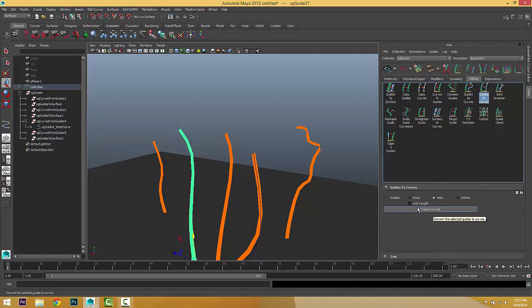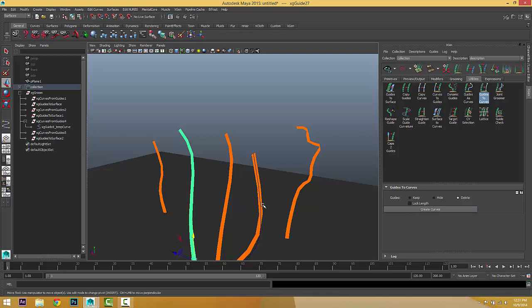Okay, when you convert to curves, you have a few options. Number one is you can hide the guide, the original one. I usually like to delete it, or you can keep it. You have three options. I usually like to delete because you later on will convert the curve to a guide, so there's no need to have the old guide. Or you can have it just for comparison or something like that. You can hide it, or you can even keep it. It's your call. But you have three options, and then you can lock the guide, the curve.